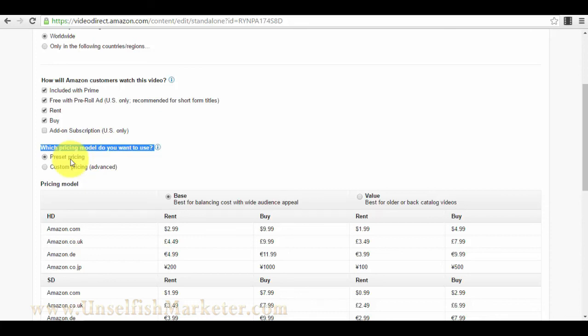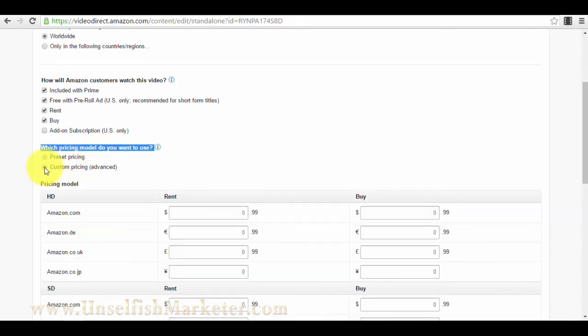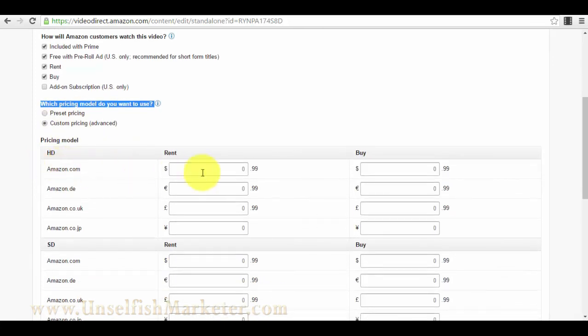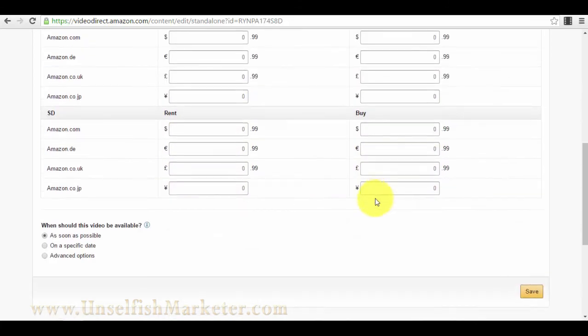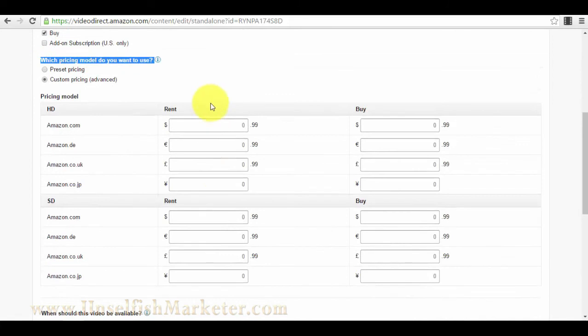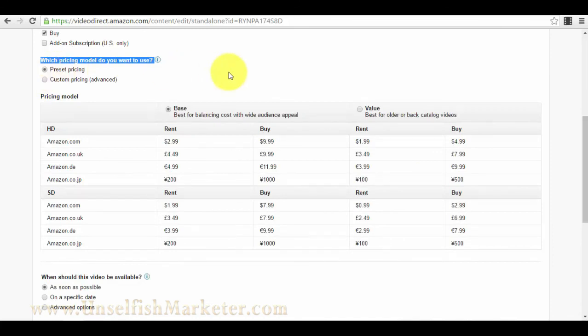But if you have a certain price in mind, you can go for custom pricing, and you can set everything up. Obviously, you see here you have the rent model, and you have the buying model. So you can set your price for each of the countries for rent or buy. I will leave the preset pricing, because I think they know best what type of price brings the best